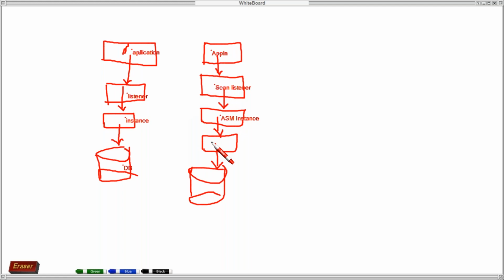Through your ASM instance you connect to the normal listener, and this is your database instance.